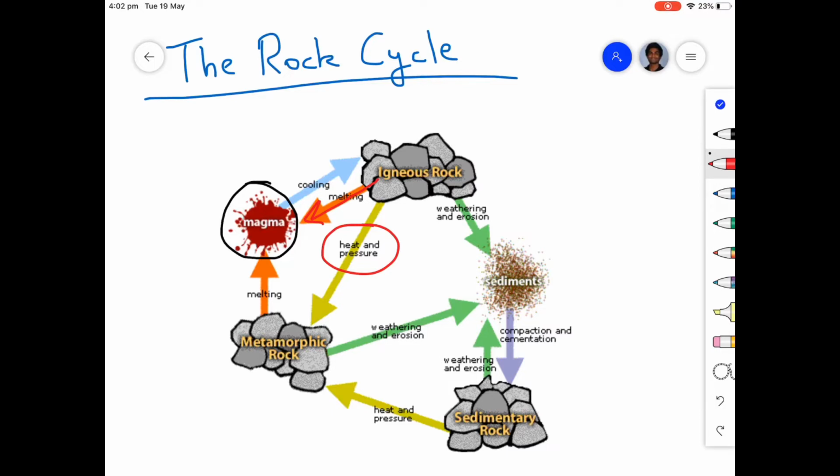Additionally, if an igneous rock is weathered and eroded, such as through wind or through water, it can turn into sediments, which are like small fragments of rocks. If those sediments are then compacted and cemented, and as we know, compacting means to squeeze and cementing means to stick together, you can end up with a sedimentary rock. So from an igneous rock, if it is weathered and eroded and then compacted and cemented, you end up with